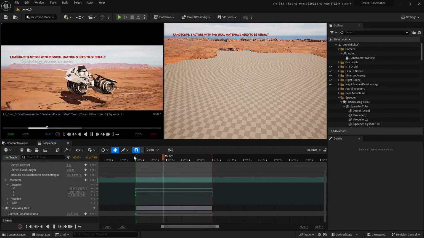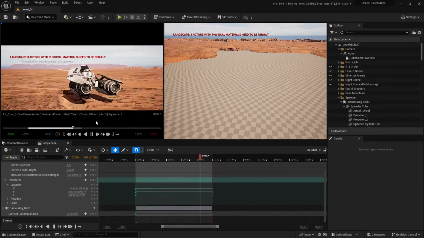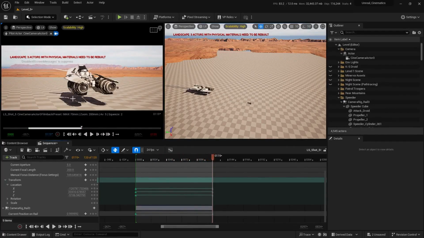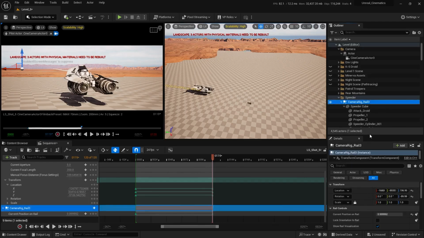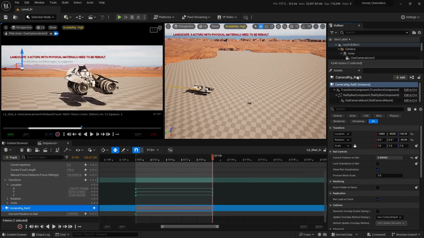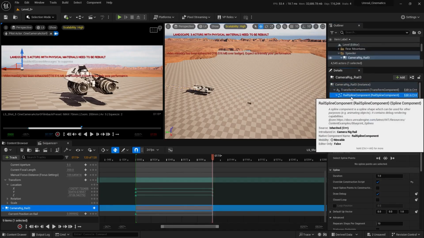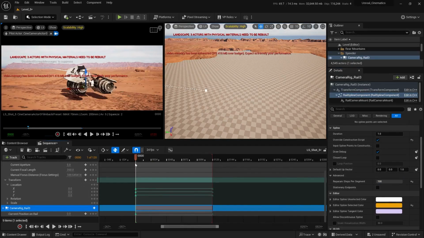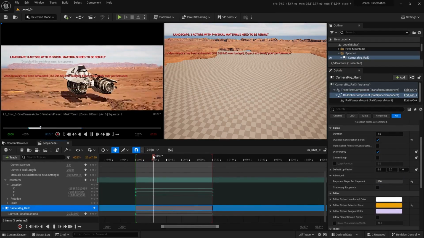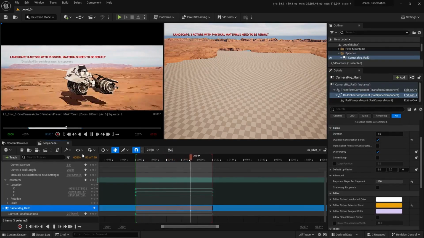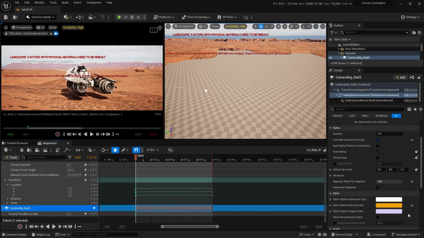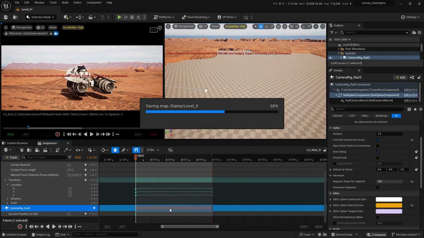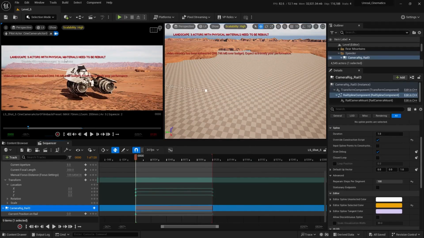Yeah, I see a lot of jittering and this back and forth movement. You already know the solution to this problem. You just need to select this camera rig rail, and let me bring up the details panel. I'm gonna select rail spline component, scroll down to advanced settings, and bring the slider to the maximum possible value. Let's now play this animation. Yeah, looks pretty good. Okay, so let's save everything, and let's now bring in those sci-fi Hoverbikes into the sequencer